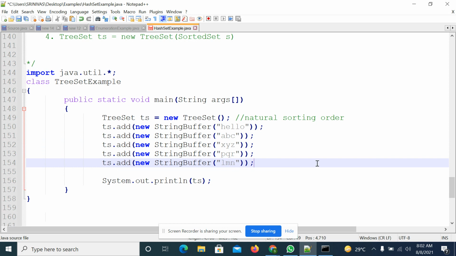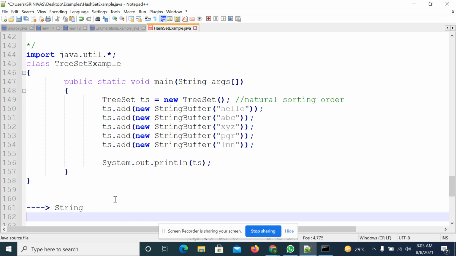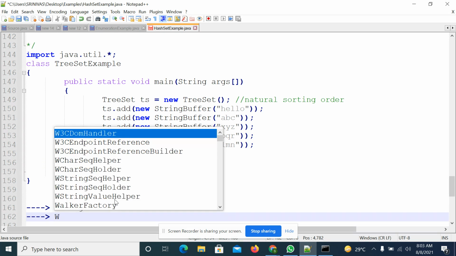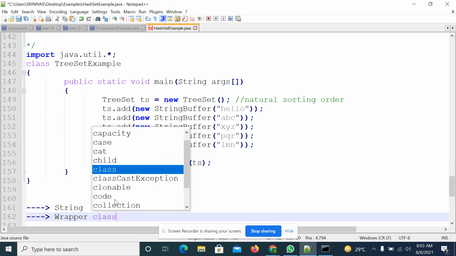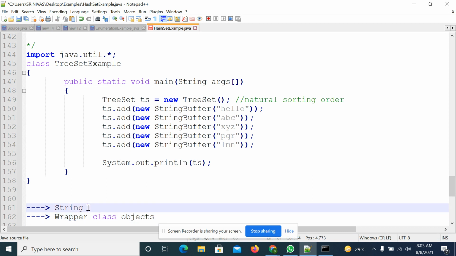Right? So now observe. In the first case you passed string values. In the second case you passed numbers. In the third case you are passing StringBuffer objects. Observe here, in the first case and second case you didn't get any compile time or runtime errors. Whenever you passed string objects and whenever you passed numbers, meaning wrapper class objects, you are not getting any error.